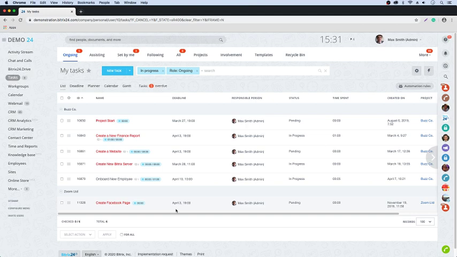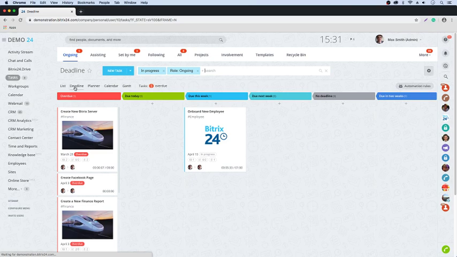Bitrix have introduced a really useful tool for that particular purpose. So if I now, instead of going into the list view where I am at the moment, go into deadline view, I can now see the tasks that are fast approaching the deadline. You can see the task that I just added, onboard new employee. I set the deadline for Friday the 10th of April, and